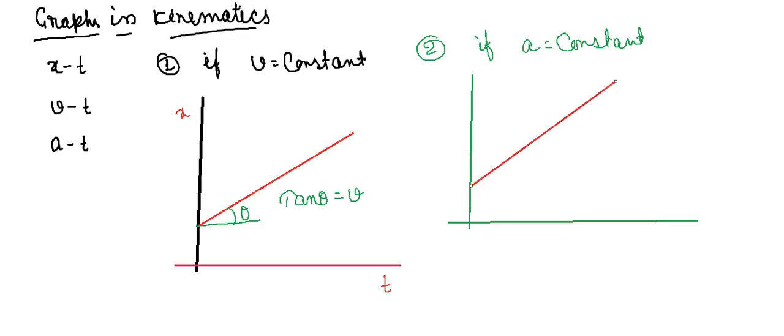Okay, this will be the velocity, this is the time axis. It will look like a straight line, and the slope, tan theta, will be